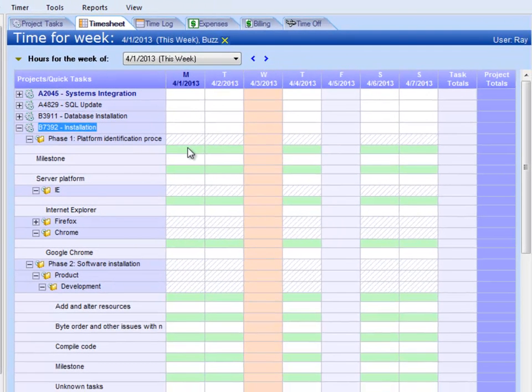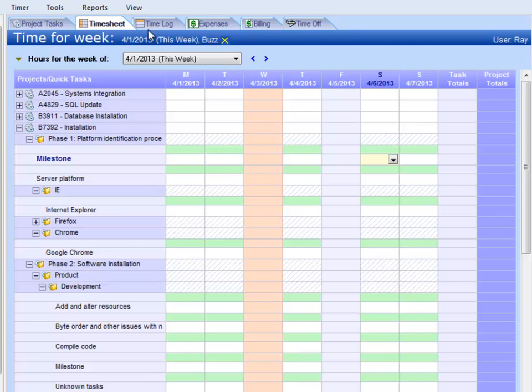So I would be able to presumably go into each one of these cells and enter some hours for Buzz to give him some advice on the tasks that I want him to work on. He would then put his hours into these white cells for the hours that he works. Now this peach colored column is a holiday, and this blue colored column is just today, so don't let that confuse you. So I'm going to enter some hours into this, but I wanted to also show you, before I